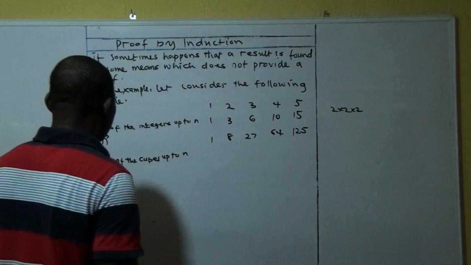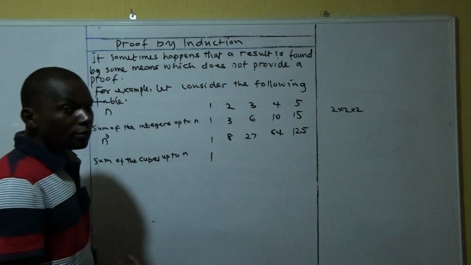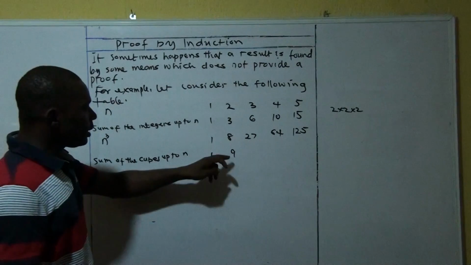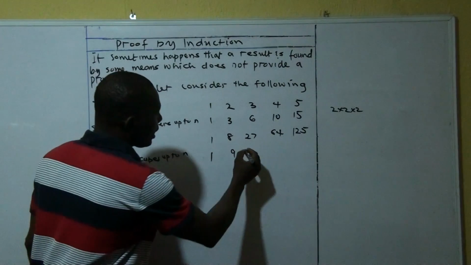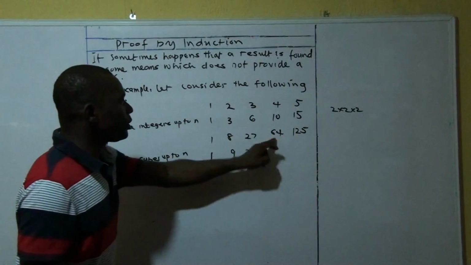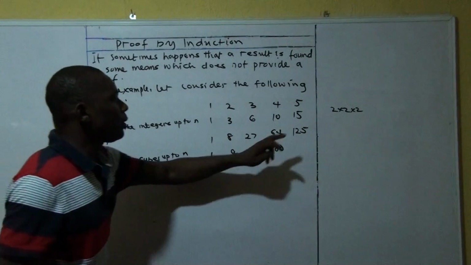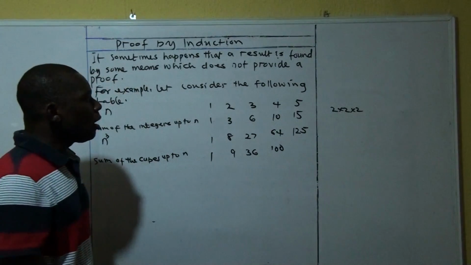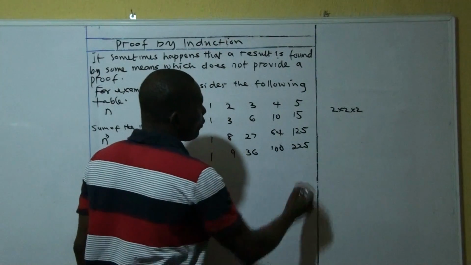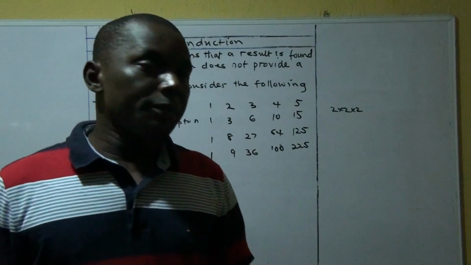It simply means here we have 1 plus 8, that gives 9. 9 plus 27 gives 36. 36 plus 64 gives 100. 100 plus 125 gives 225. Then, if you observe carefully,